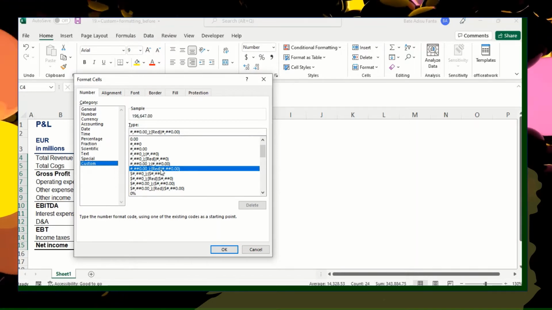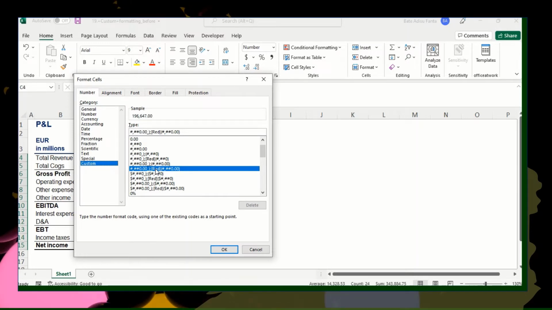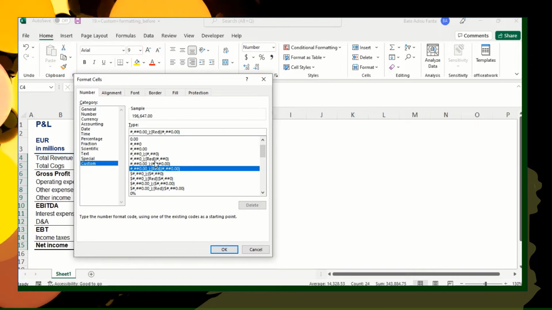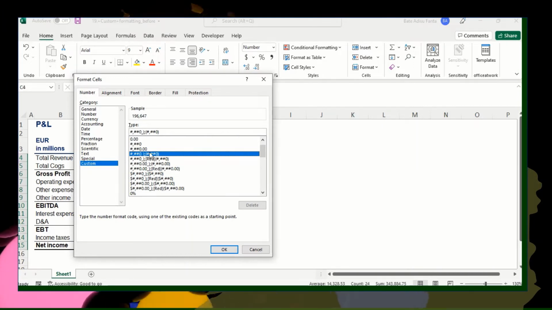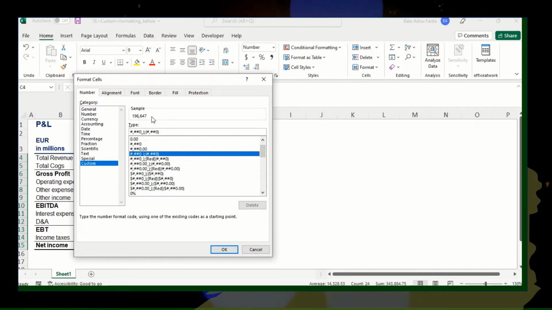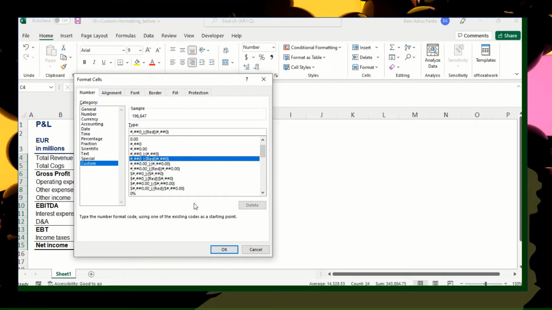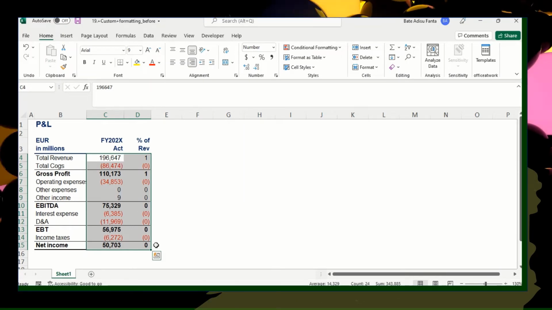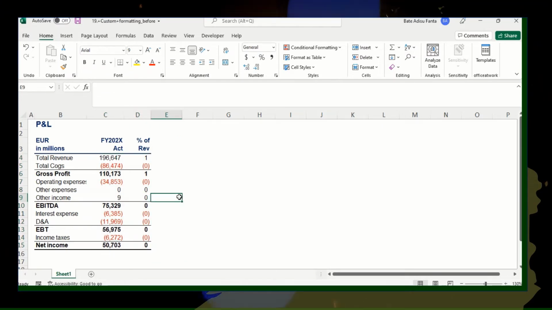By this time we have selected this option. So it's showing which format is appearing on the Excel sheet. It's this format. So we may change the format to this one if we want, the one without any decimals. We may change to this one, and let's see. Of course, in this case, there is no significant change, but we removed only the decimal numbers. So this is how to custom format